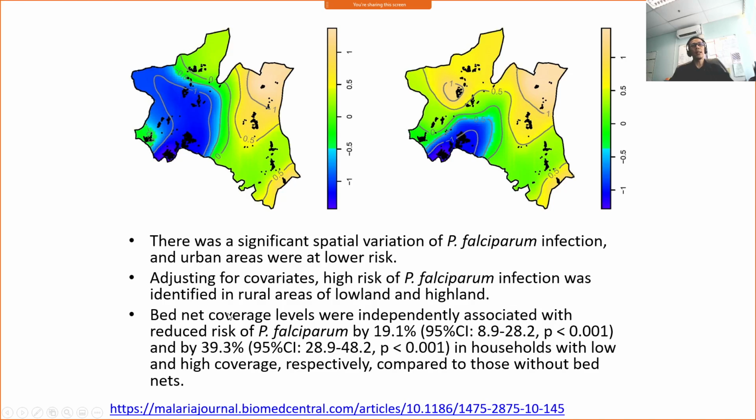Okay, and you can do analysis to see if bed net coverage is associated with lower risk of falciparum infection. Okay, so this is an example of a geostatistics analysis,